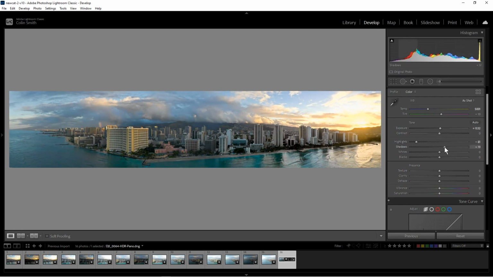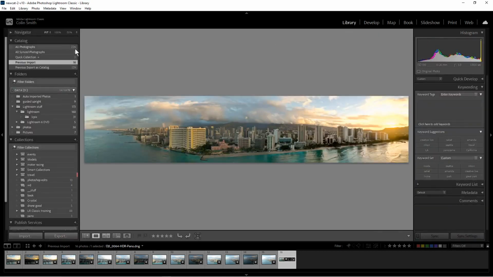So what we're going to do is open up the shadows just a tinge, and I'm just going to move the white balance to warm it up just a little bit. There we go. And you can see we've been able to make those adjustments quite nicely and get a really good result. Now, I did mention I was going to tell you what would happen if it doesn't work,